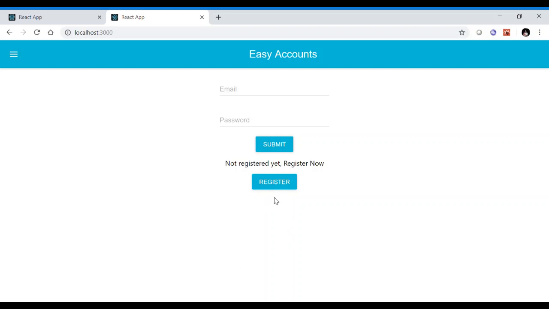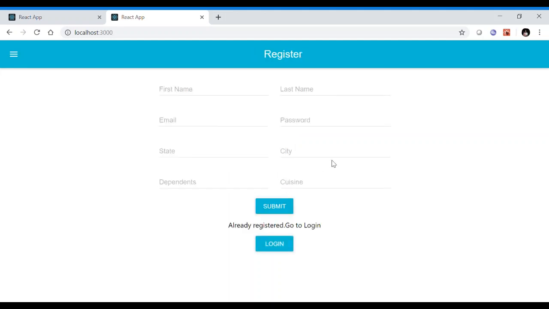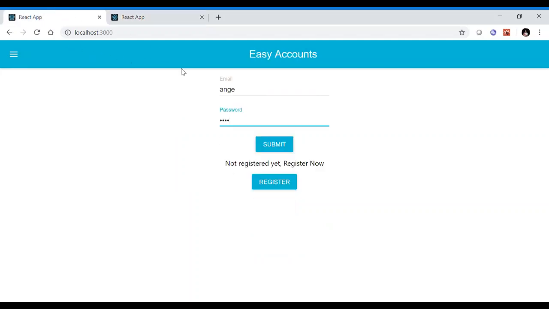Let us now see how EasyAccounts works. A first-time user can register to the system by giving personal details, state, city, number of dependents, and the cuisine he offers. The user can then log into the system and can see all the transactions made on a daily